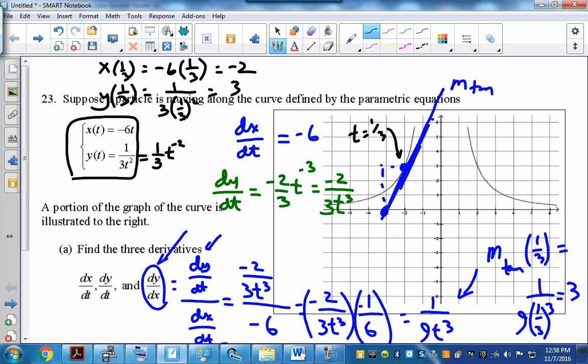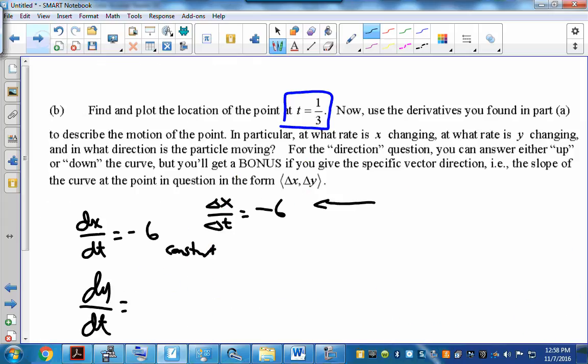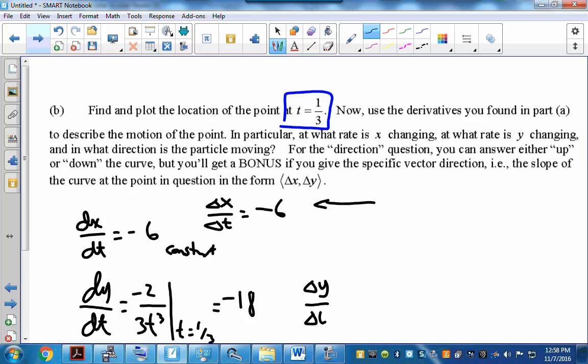Dy/dt was this expression here. So negative 2 over 3t cubed. And if we evaluate that at t equal to 1/3, you should come up with negative 18. So that means change in y over change in time. Because it's negative, we're moving down. You use both of these together to describe the motion of the point. Okay, so we're moving down